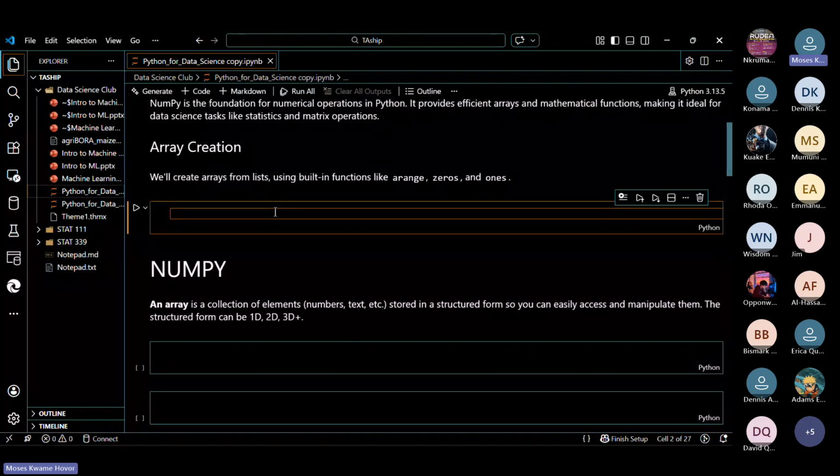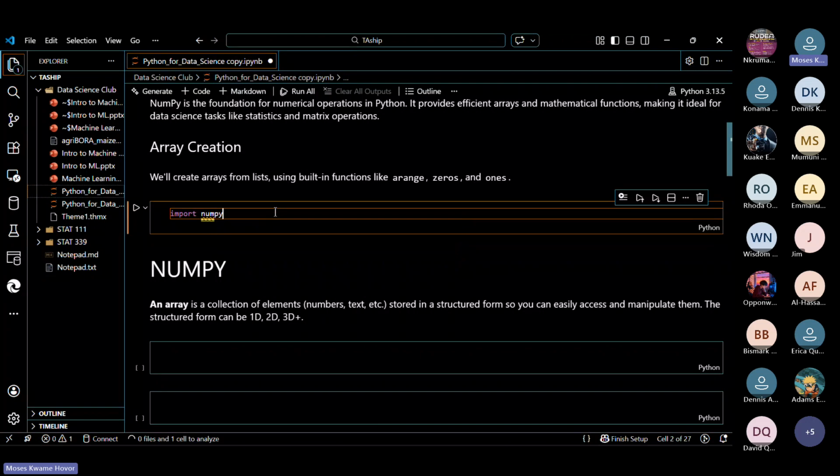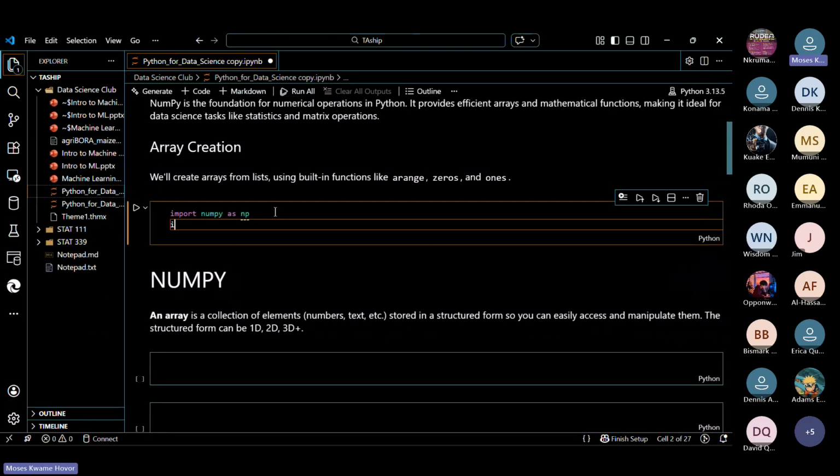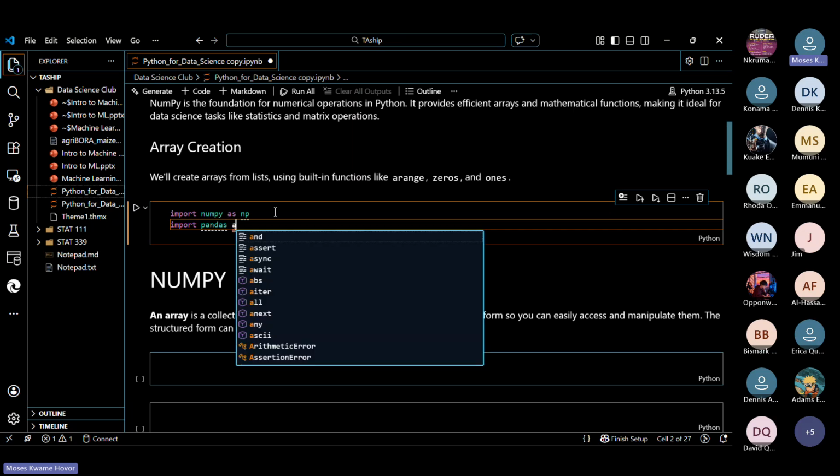As I said, we'll be using NumPy, pandas, matplotlib and Seaborn. So I'm going to import NumPy as np. I don't want to be typing the whole NumPy, so I'm just going to type np. I'm going to import pandas as pd.